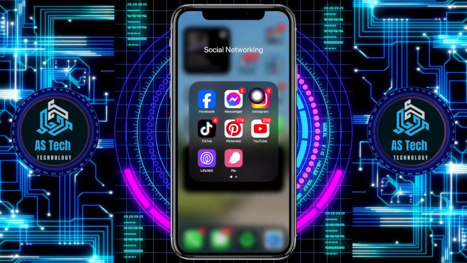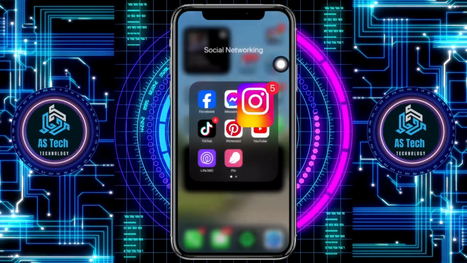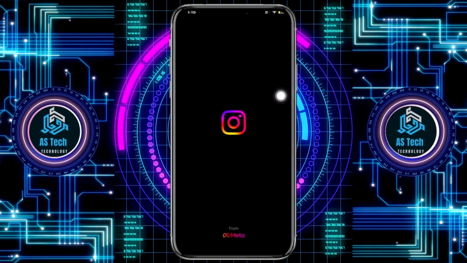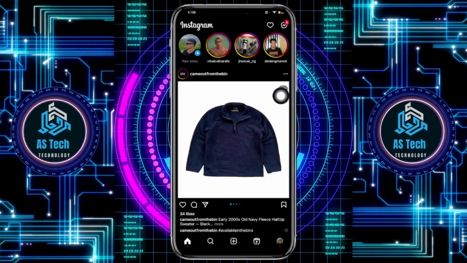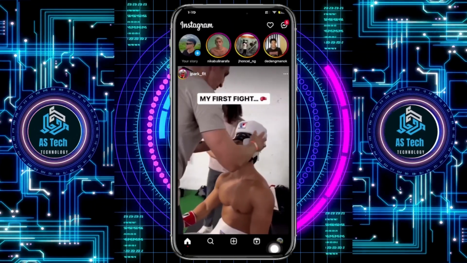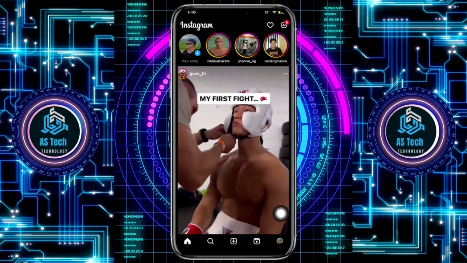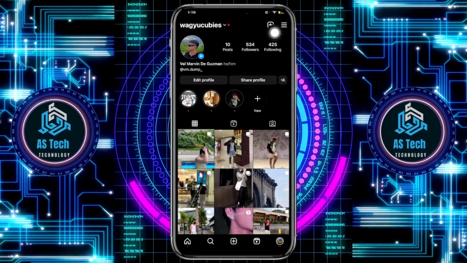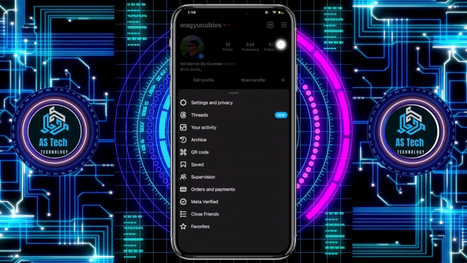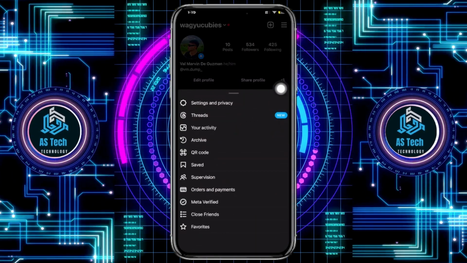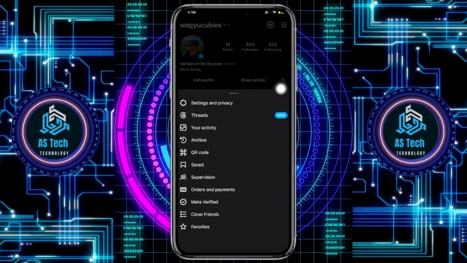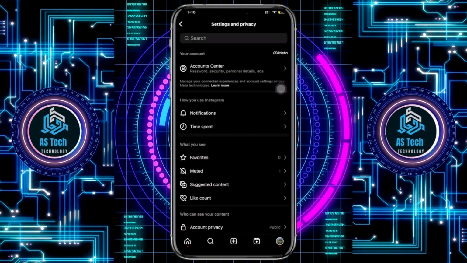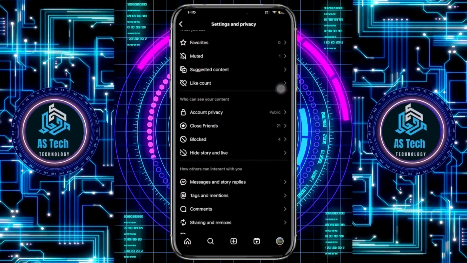Alright you guys, so what we need to do first is to launch the Instagram application. And once we're here, I would like you to proceed with tapping on your menu right here. This will show you your profile, and I want you to tap on the 3 lines on the top right corner. Next, let's tap on settings and privacy, and let's locate the option to change our account